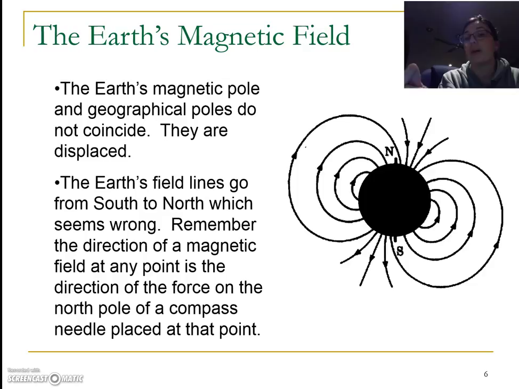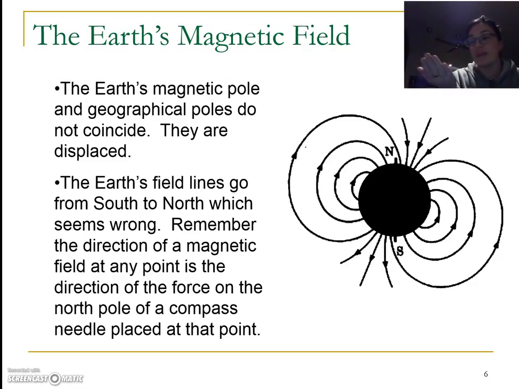So if we placed our little north magnet at any point in that field, just think of a compass. The north end of a compass is basically a little magnet, and the needle on the compass is our little magnet. If we turn our little compass around, it's always going to point north. So basically that north needle is pointing to the north geographical pole,